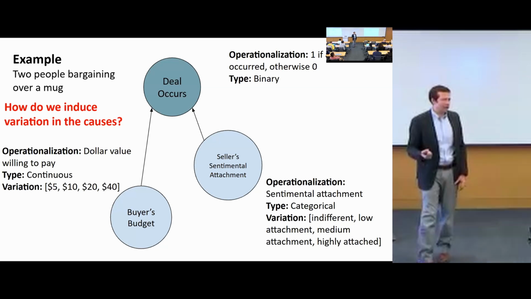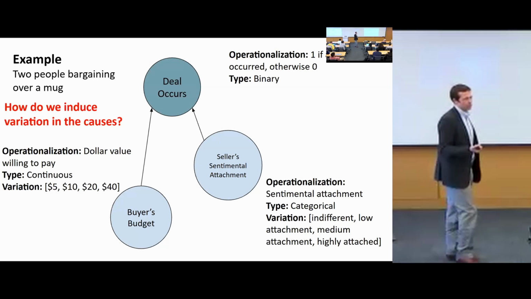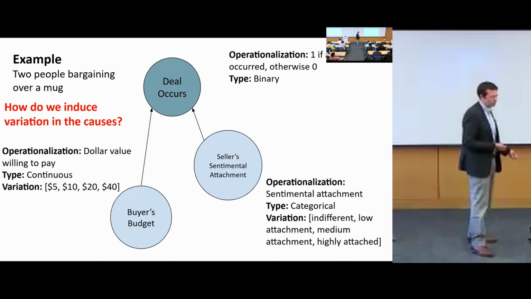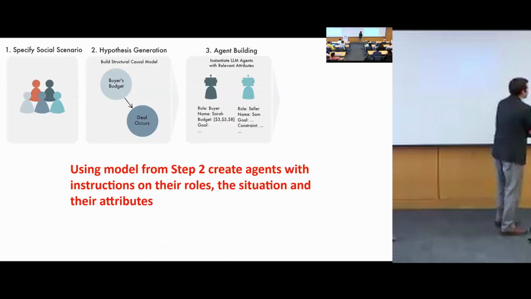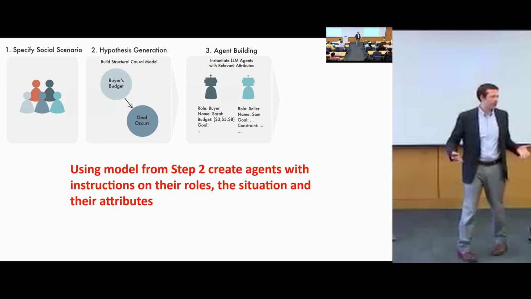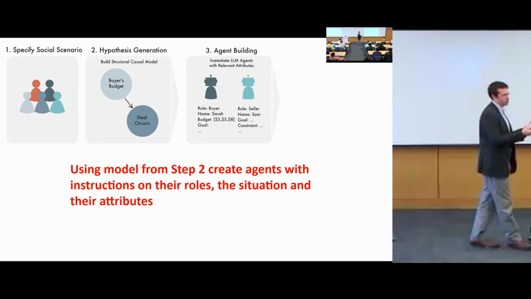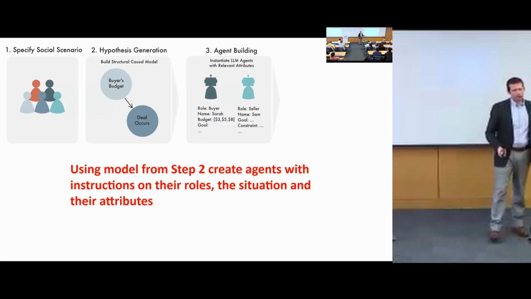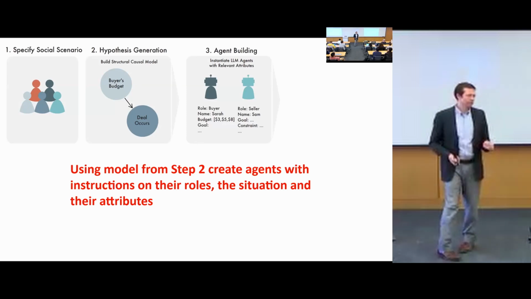If you were trying to design a bargaining experiment, you would have to do very similar things. Like, I'm going to give you an endowment. I'm going to give you a little card that says how much you value this thing, and that's what you're going to use when you bargain. So it's doing that same process. What's nice about that is once you know all the potential causes, and you know the range in which they're supposed to vary, you can now completely specify that whole cross of the explanatory variables, and you know the experiment you would need to run to identify all of those paths.